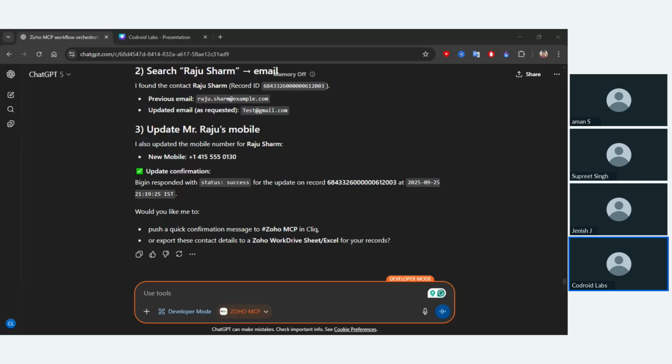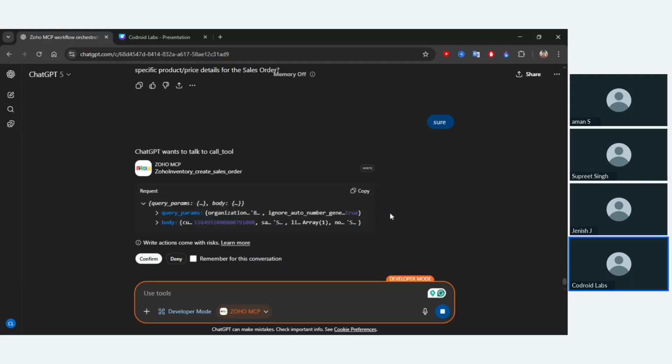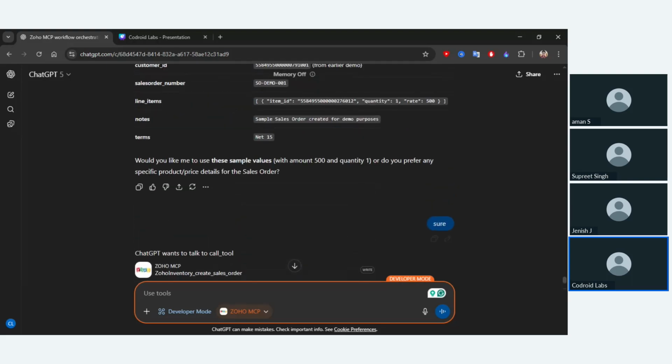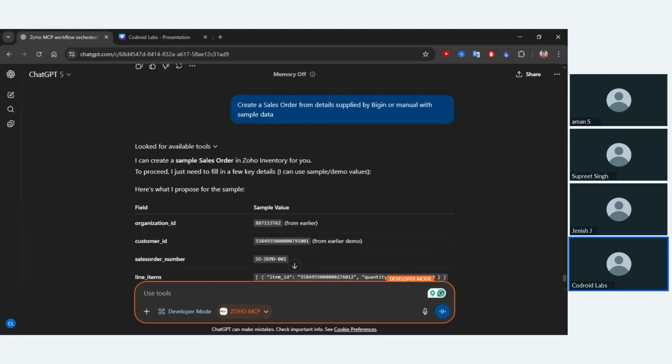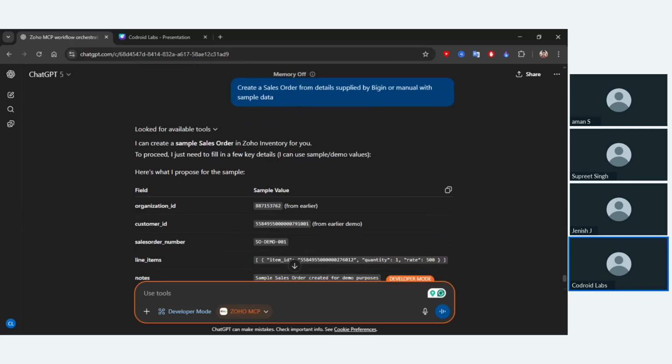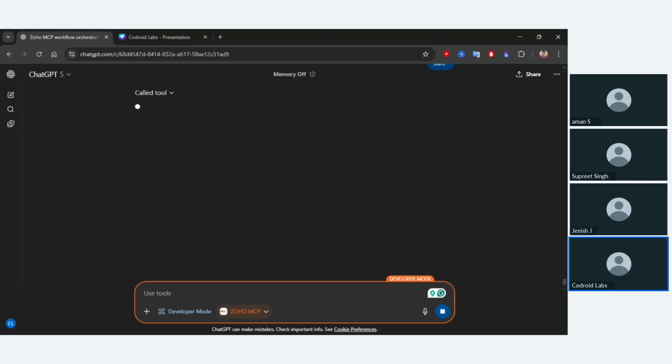So this is a sample, based on this Model Context Protocol. I just asked it to create a sales order from the details supplied inside Zoho Books. With this sample code, it will create a record inside Zoho.